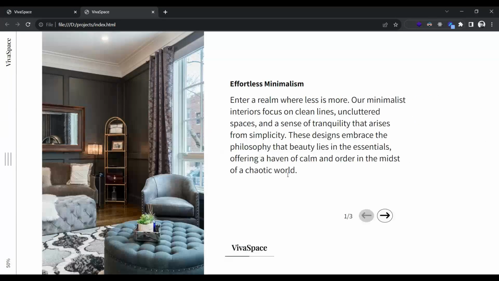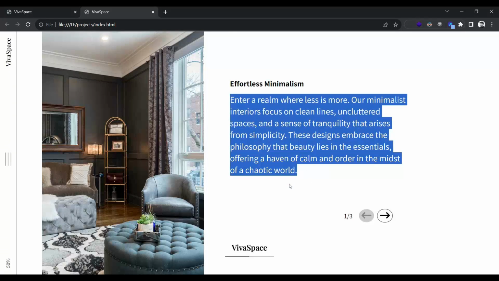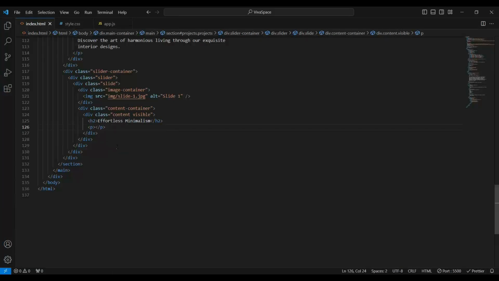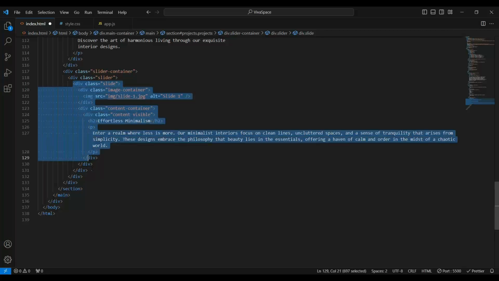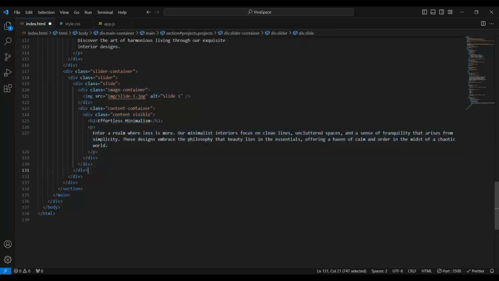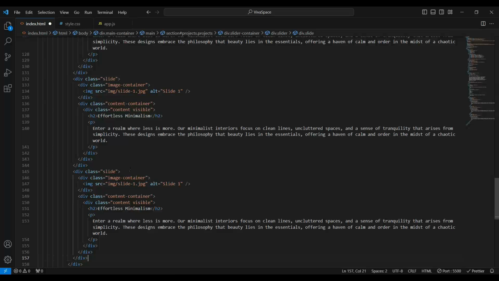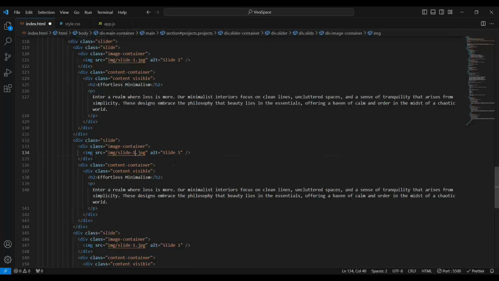Let's copy this one. Paste it here. Now copy the slide and paste it 2 more times. Change the images. This one is slide 2. Also the alternative text,